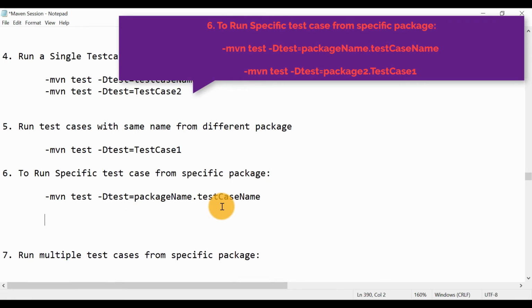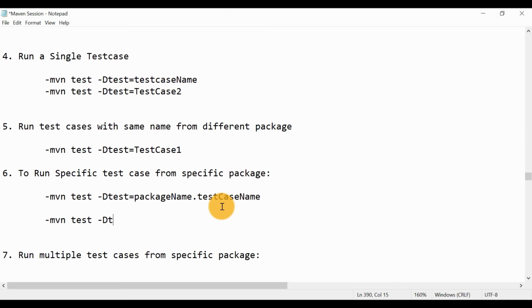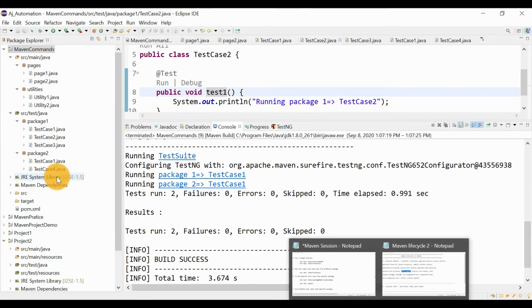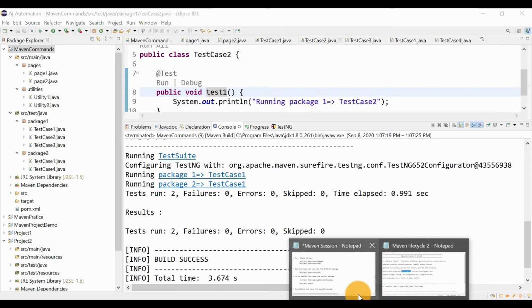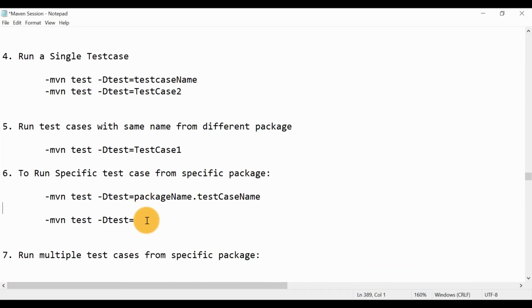So as per this syntax, our command will be mvn test space -Dtest equal to, and our package name is package 2. So here you need to write the package name, package 2 dot test case name, which is test case 1.